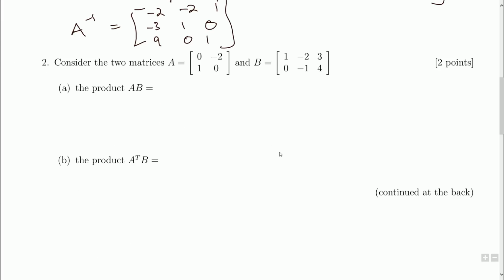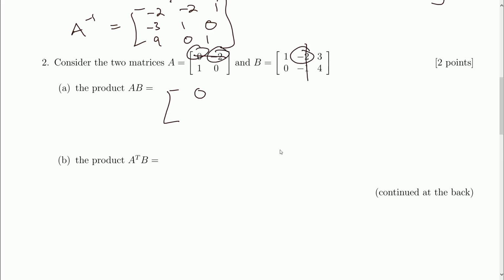Okay, so here we go. Consider two matrices, A: 0, negative 2, and 1, 0, and B: 1, negative 2, 3, 0, negative 1, 4. Figure out the product AB. Okay, well, we've got these already lined up, so first row dotted with first column, so that's 0 times 1 is 0, plus negative 2 times 0 is 0. Okay. Then we do first row dotted with second column, so 0 times negative 2,